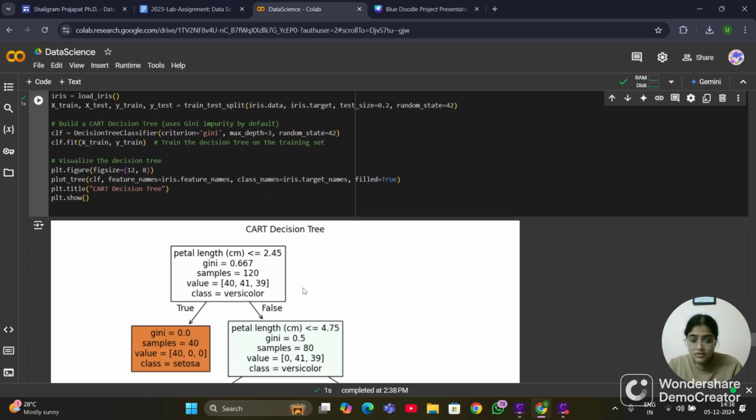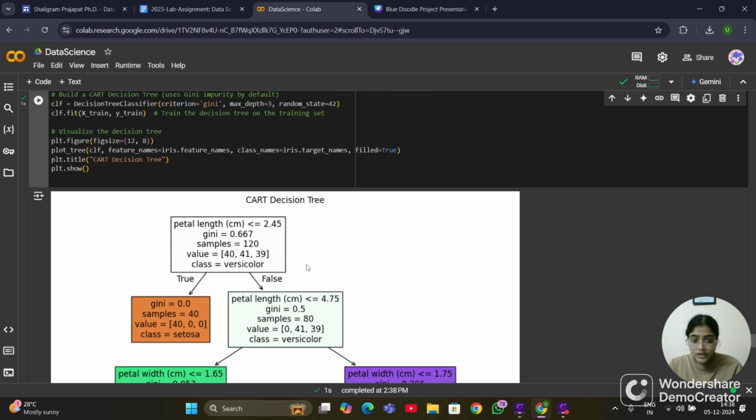Now this image depicts a CART decision tree, a classification and regression tree, used for classifying data into different categories, likely from the iris dataset. The tree is constructed based on conditions applied to features like petal length and petal width. Here is a detailed breakdown of the tree, and this is the root node,